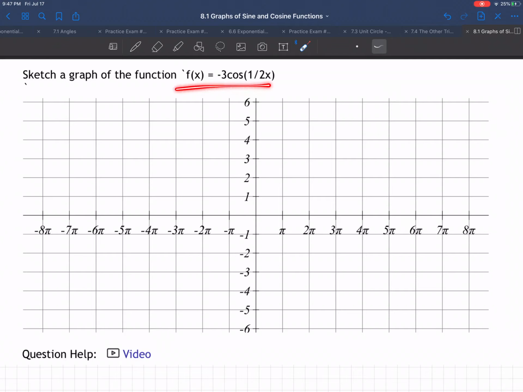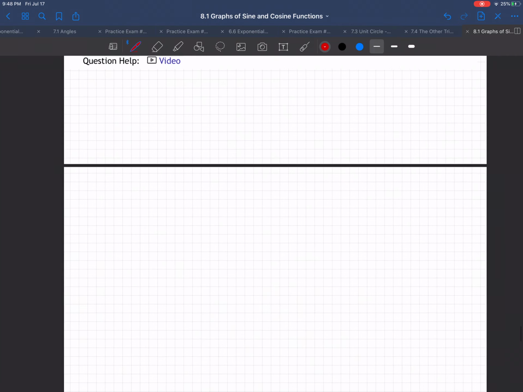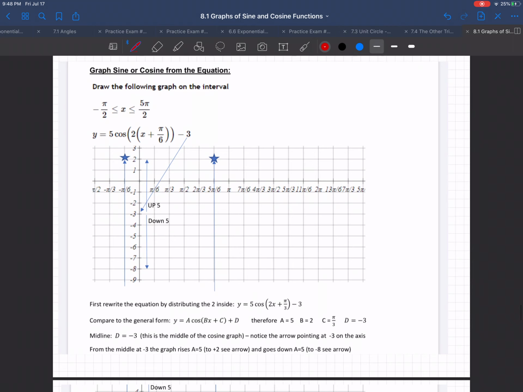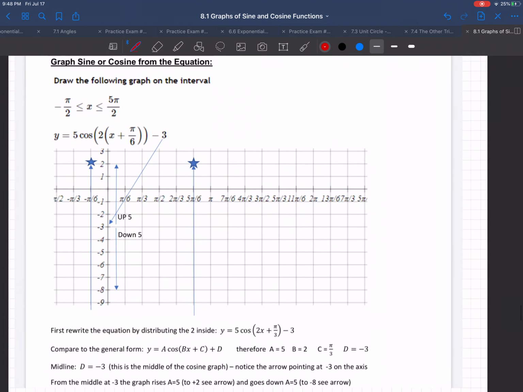Here we're graphing a cosine function. So how do we go about graphing a cosine function? Well, I'll come up here. I've given some instructions in the notes. I've given you some notes. So first,